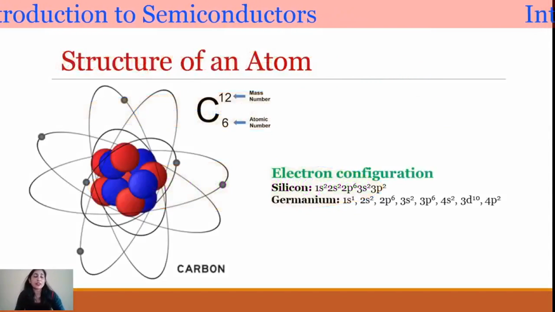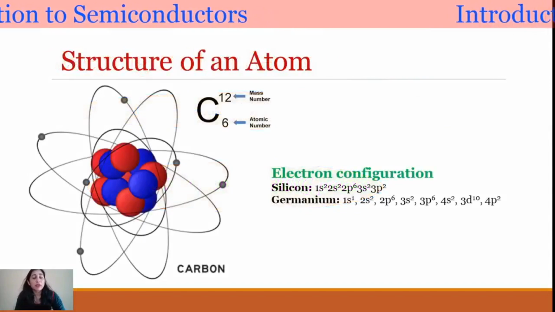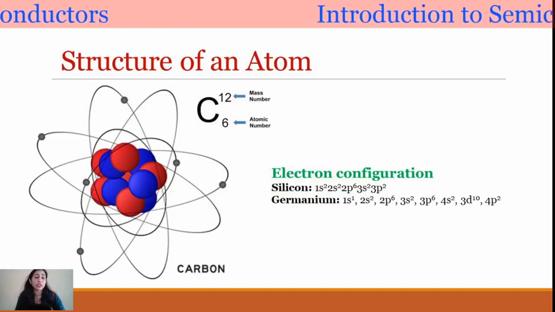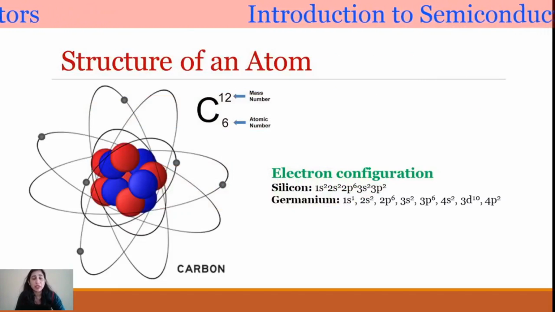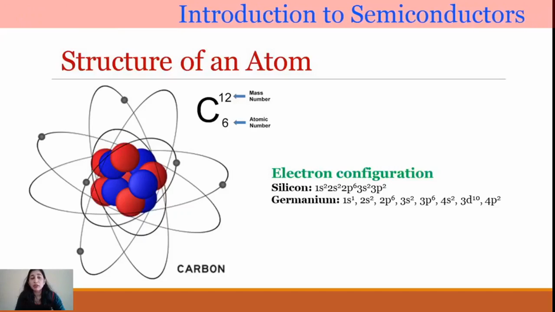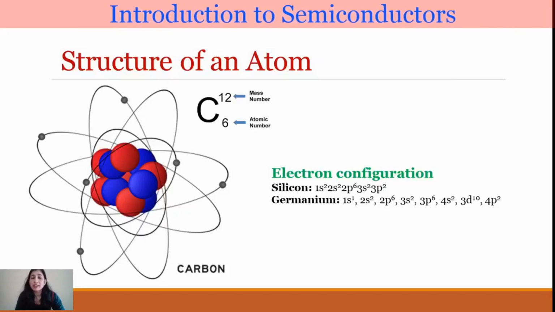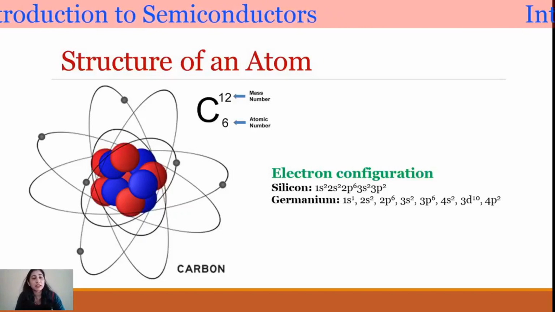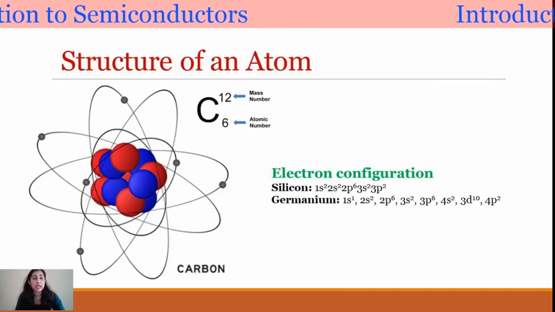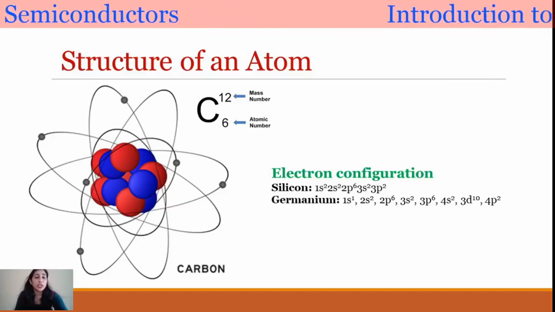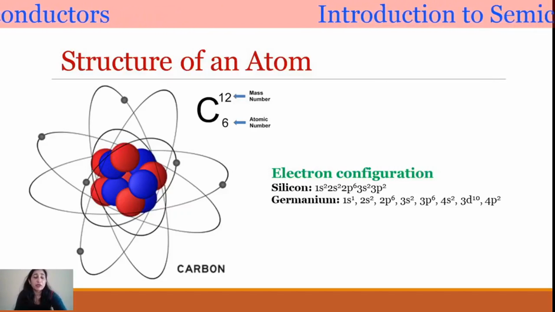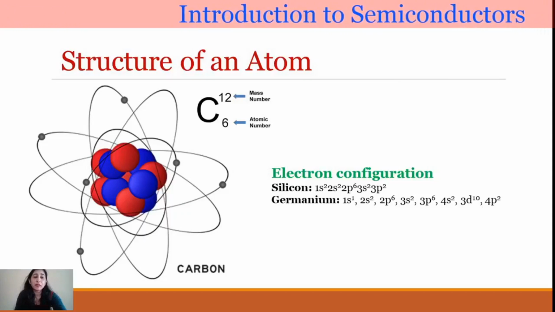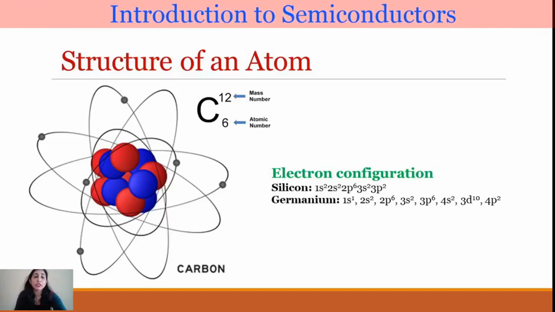Now, before explaining that in detail, let me revise the structure of an atom for you. Students, the most fundamental unit in this universe is the atom. By the way, let me tell you, this fundamental unit is actually the quark, but at this stage I will not go beyond the scope, and you just understand that this fundamental unit is the atom only. Okay, this is the simplified atomic structure of a carbon atom.